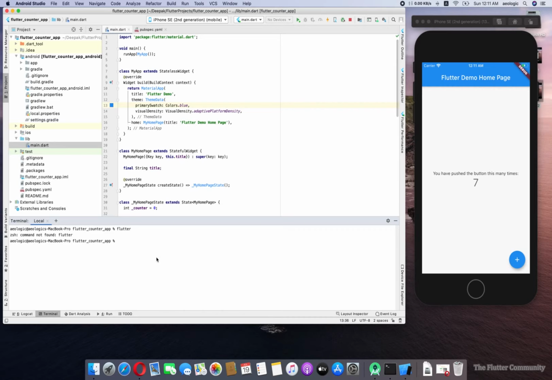It's a bit difficult to set the Flutter path on the Mac operating system, but I will explain it.